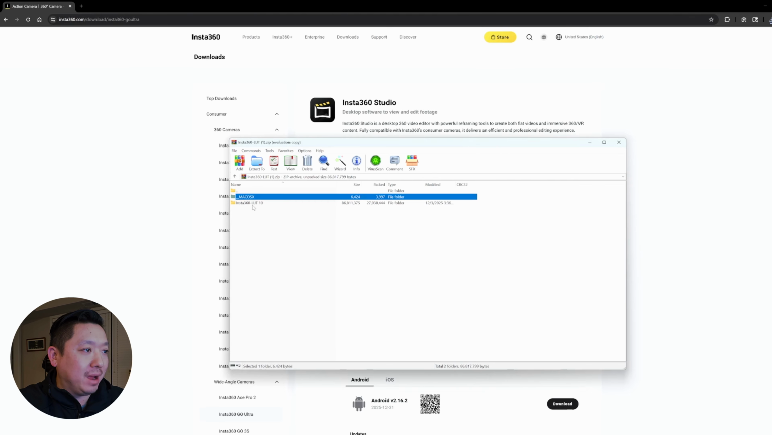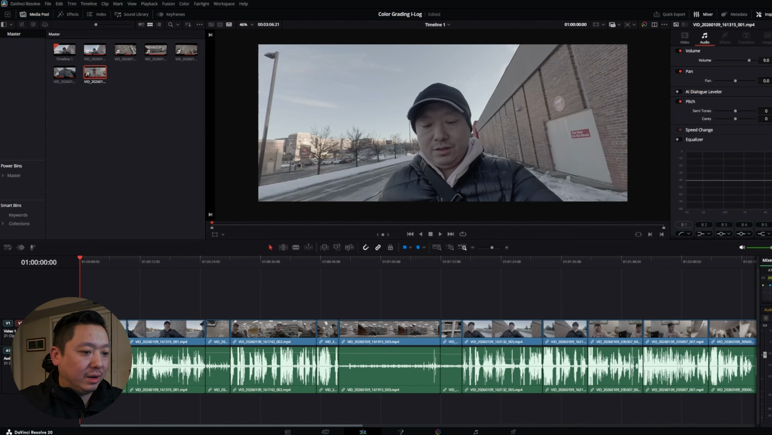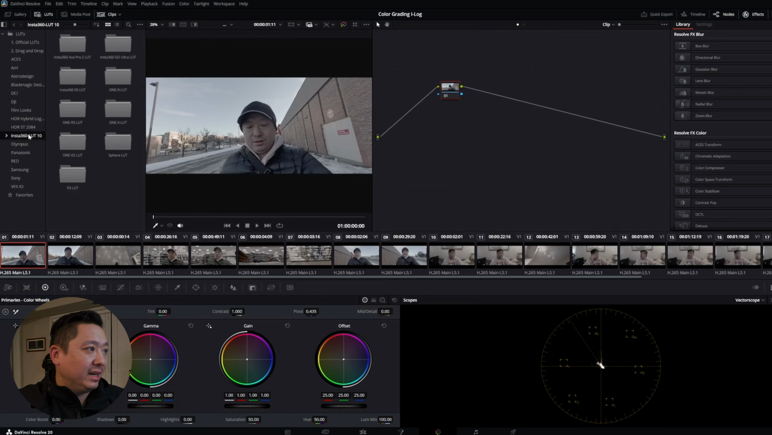Depending on if you have a Mac or Windows, I will just do the Windows one. All right, so I moved it into this folder, whatever you move it into on your desktop. Just make sure you know where it is. We're gonna go back into DaVinci now, and then we're gonna go to the color tab, and then on the LUTs. Okay, since I already installed it previously, it's already part of the list,